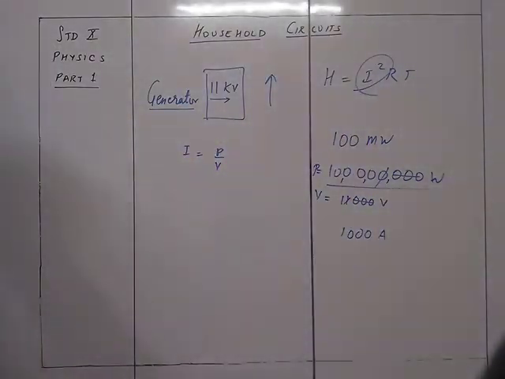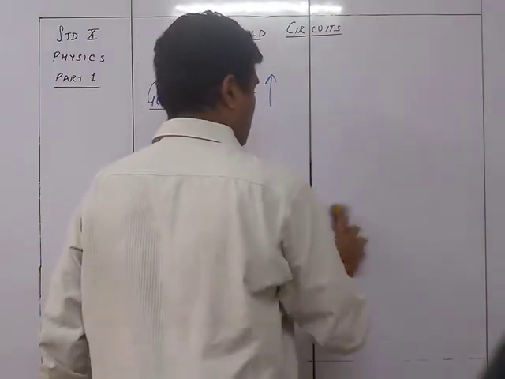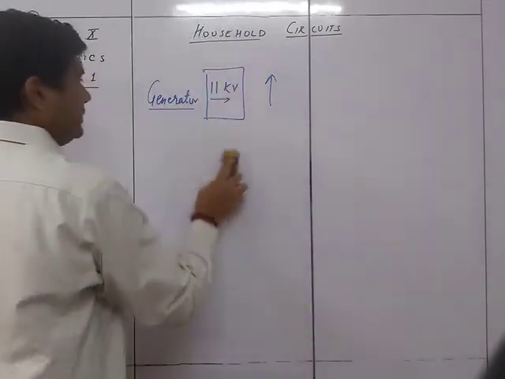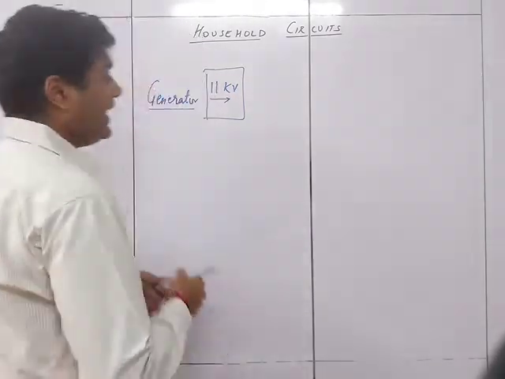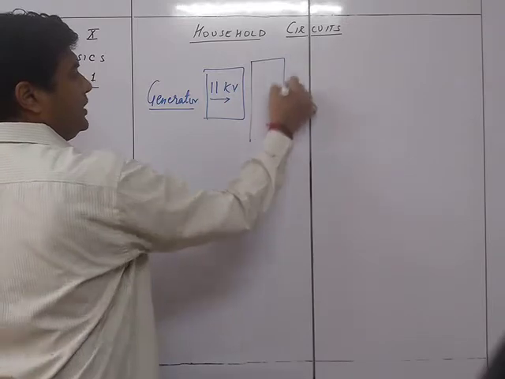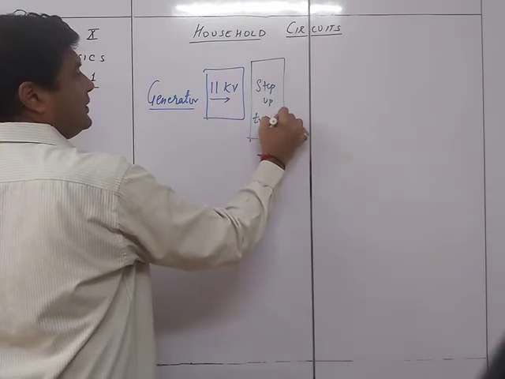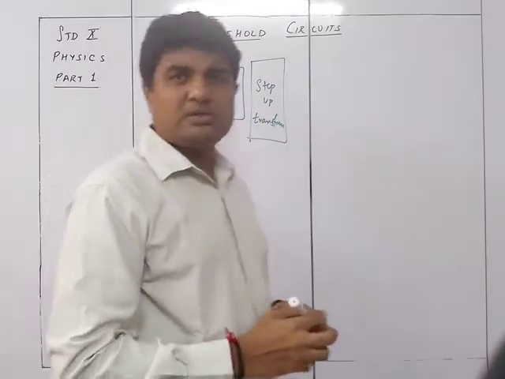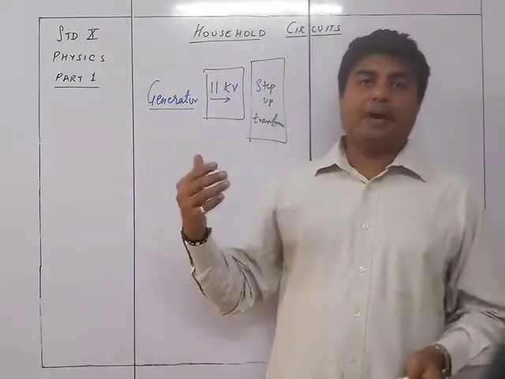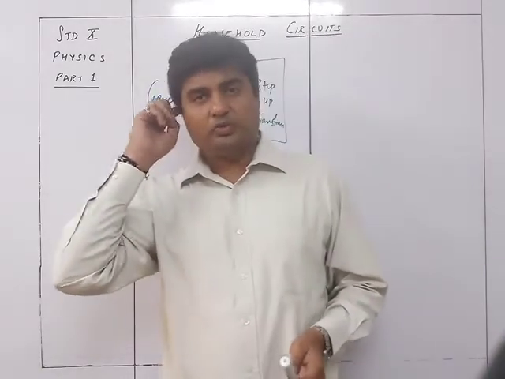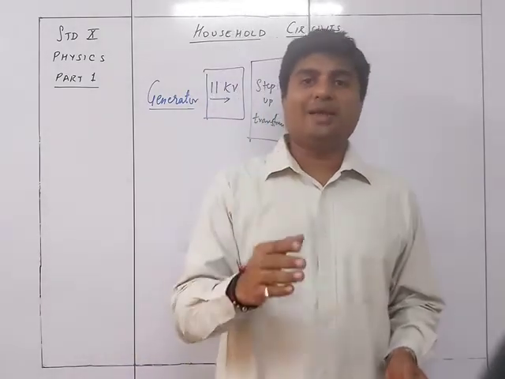What they exactly do here is put this into a step up transformer. Now the transformer is a device which converts the potential difference from lower to higher if it is step up, and if it is step down it will be from higher to lower. So a transformer is going to increase or decrease the voltage according to your requirement without utilizing the power.